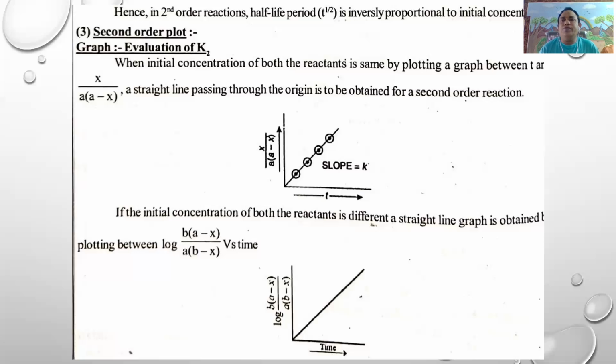Similarly, after the fifth half-life time, the reactants left are 3.125 and the products concentration is 96.875. Similarly, after the 10th half-life time, only 0.1% reactant is left and 99.9% of the reaction is completed. The time required, t 99.9, equals 10 t half. That means the time required for 99.9% of the reaction is equal to 10 times its half-life time.